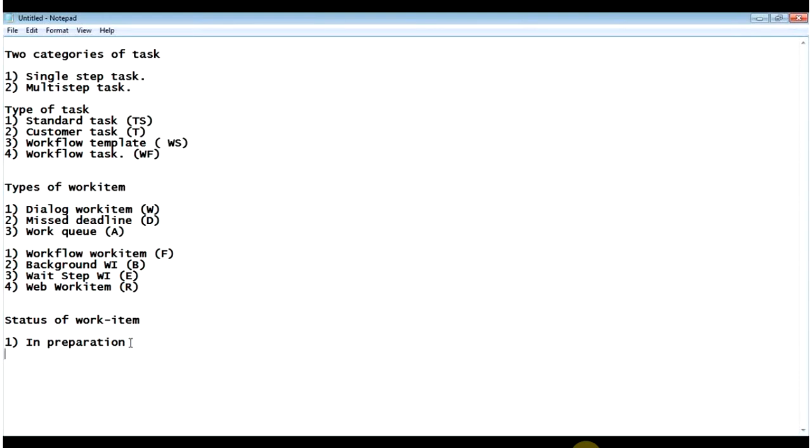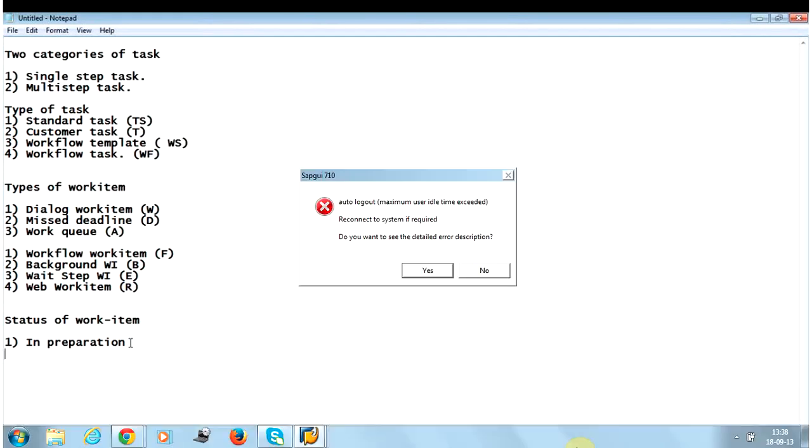So that particular work item ID is actually the workflow work item ID, and this is called the mother work item ID. And whatever steps we have defined in the workflow, those particular steps, when executed, also return one work item ID, and that work item ID is called the child work item ID. So in this workflow, first the workflow work item ID, that is the mother work item ID, gets generated, then all the child work item IDs get generated. Then coming to the second one,